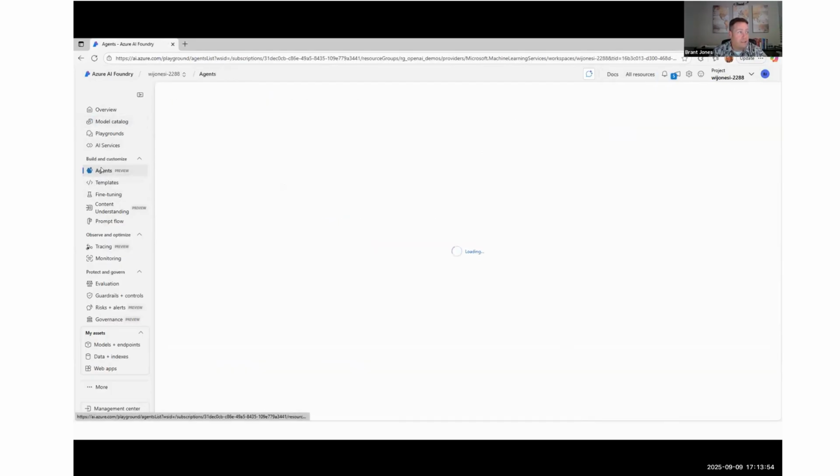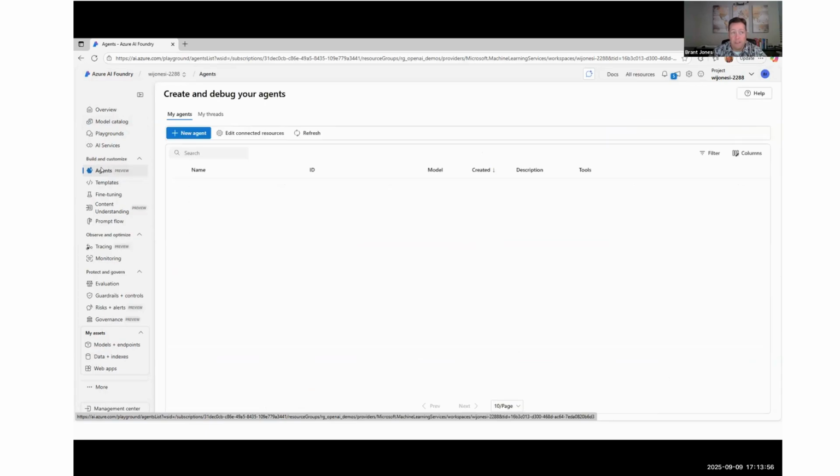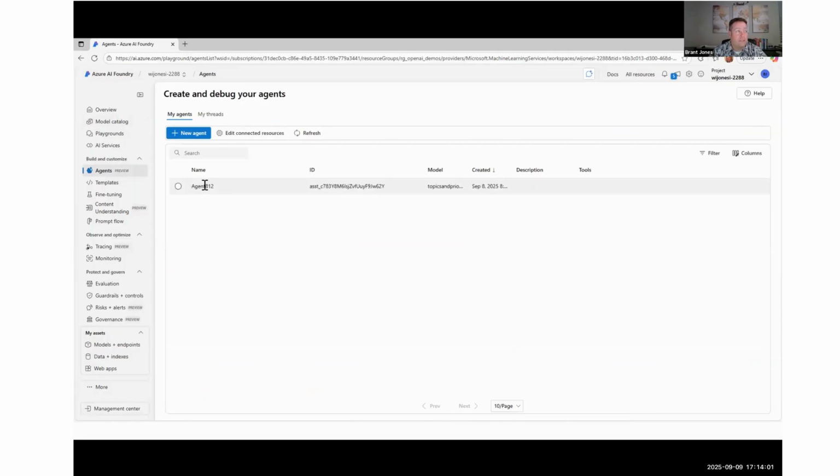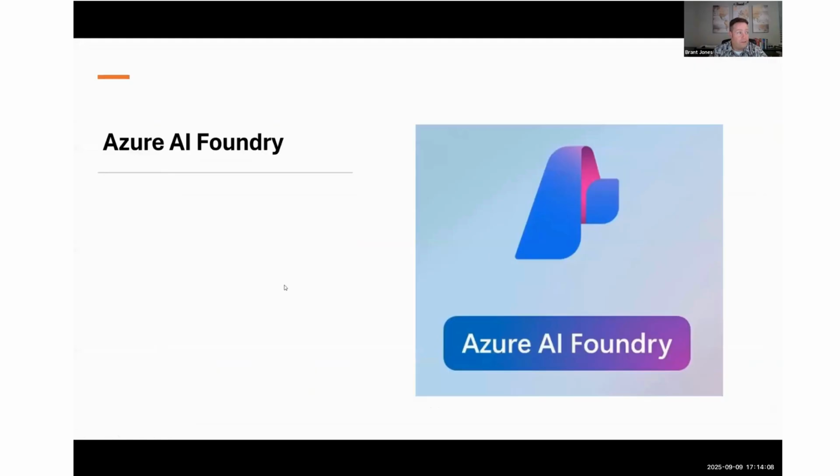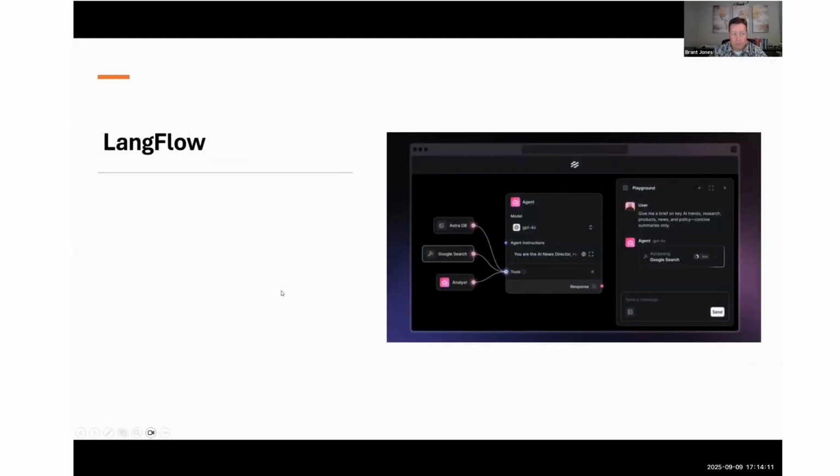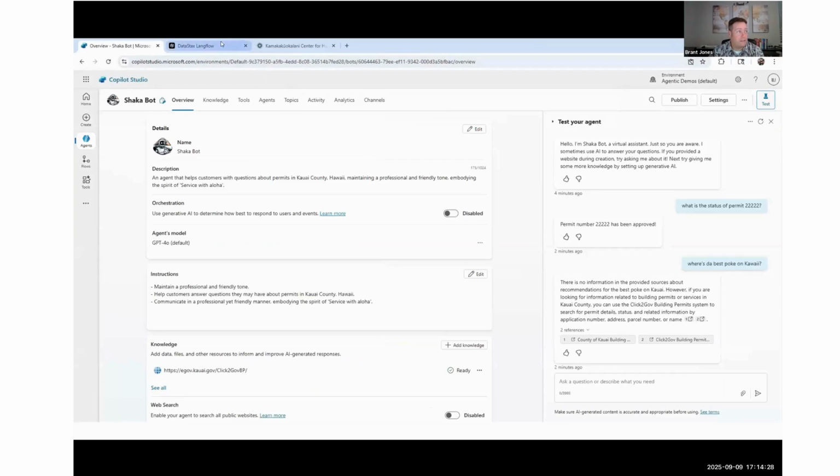And then the agents, obviously, that's a capability that's built into AI Foundry as well. So very similar to Copilot Studio, these agents are pretty easy to create, modify, and build as you're going through the process here. And then finally, I wanted to also incorporate some open source solutions. Langflow is a very easy WYSIWYG type editor where you can have certain tasks performed and be more configuration driven versus code driven. So if I switch back over to my demonstration here,